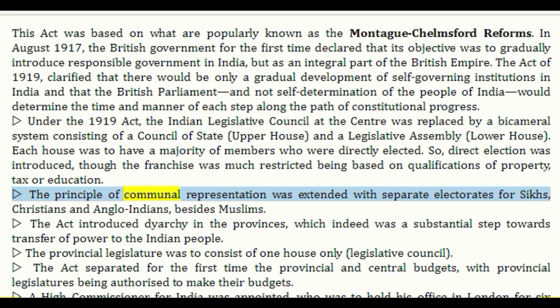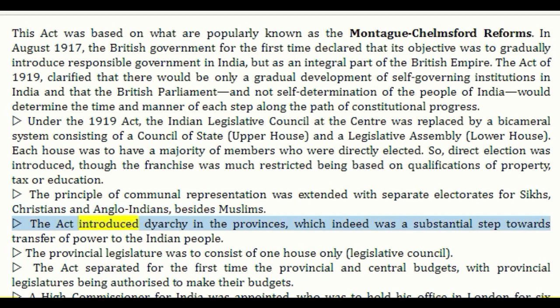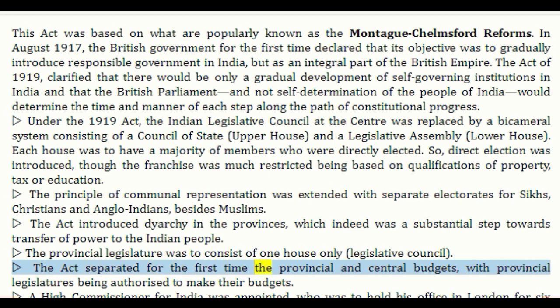The principle of communal representation was extended with separate electorates for Sikhs, Christians, and Anglo-Indians, besides Muslims. The Act introduced diarchy in the provinces, which indeed was a substantial step towards transfer of power to the Indian people. The provincial legislature was to consist of one house only, the Legislative Council. The Act separated for the first time the provincial and central budgets, with provincial legislatures being authorized to make their